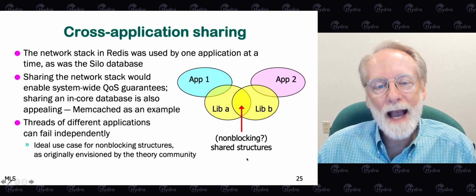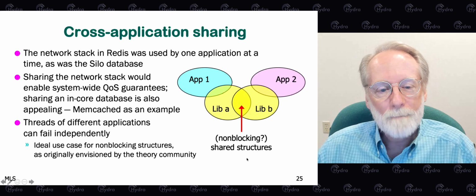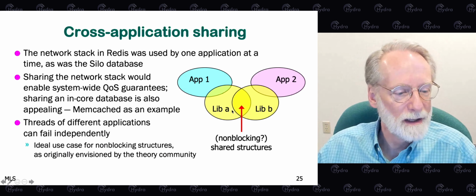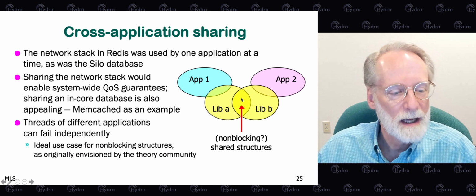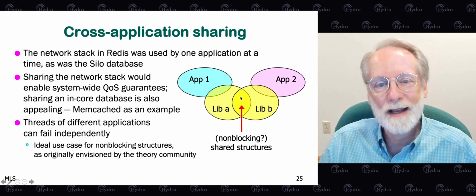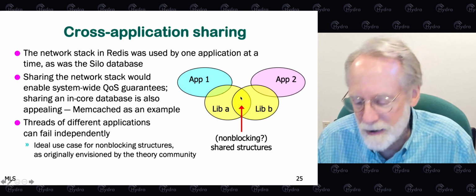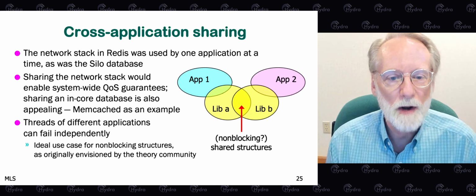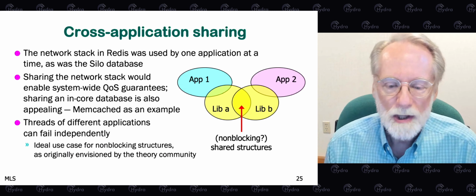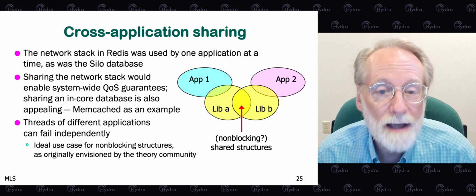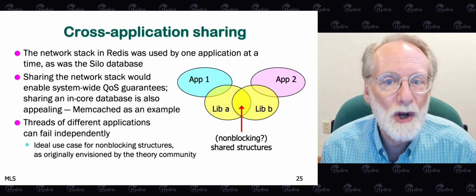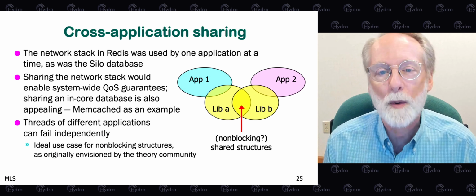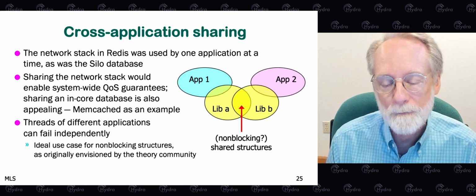Before describing the Memcached experiment in detail, I point out one of the characteristics of sharing in a case like Memcached that I find particularly intriguing as a researcher in concurrent data structures. Many of you in the audience will be familiar with the concept of non-blocking data structures, which are concurrent data structures designed in such a way that there is no reachable state of the system in which a thread will be unable to make forward progress without help from its peers.